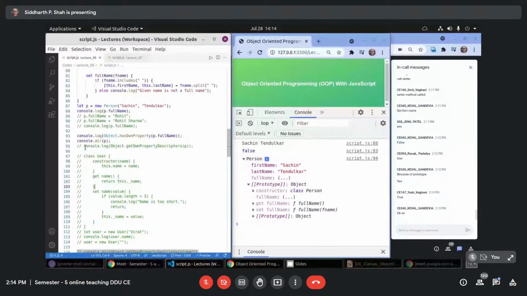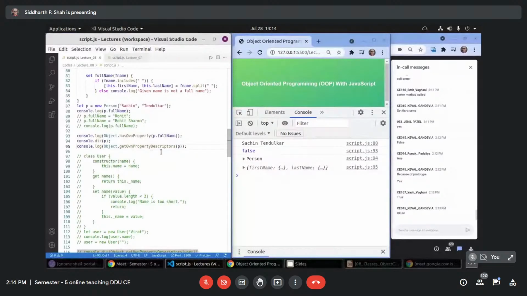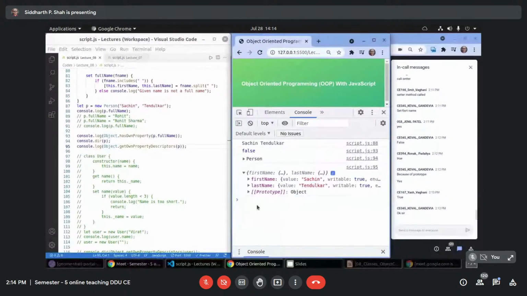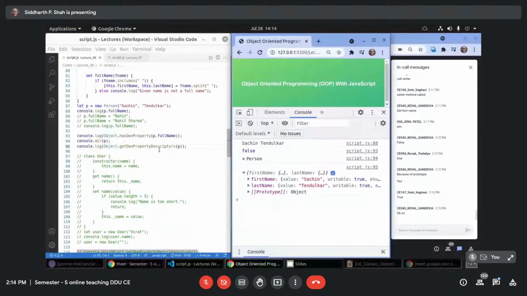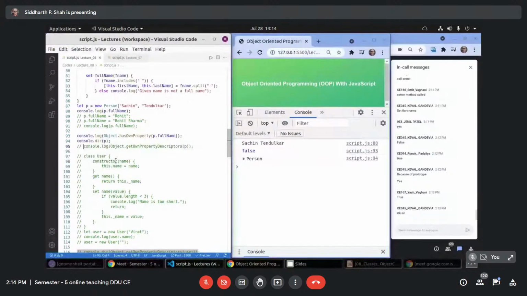So if you print this also, own property descriptors. Now, own property descriptors. So if you want, you can do this. There is no special purpose of this. This is sufficient. Are you getting up to this?